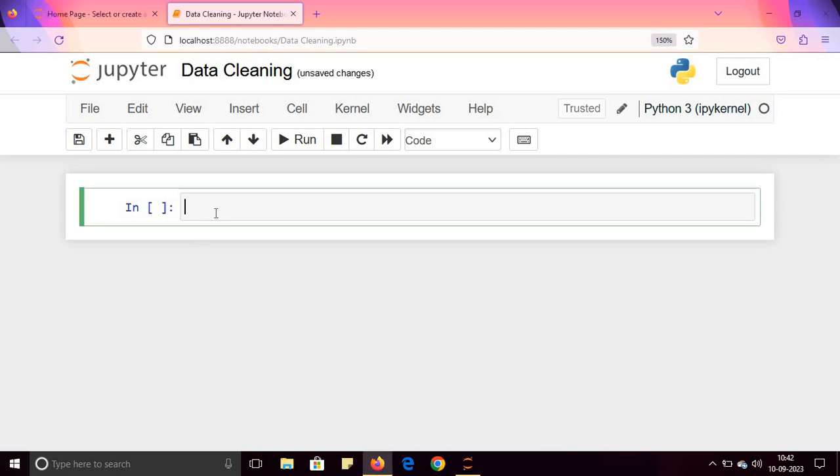Hello everyone, in this tutorial I will discuss data cleaning in Python. I will discuss how you can deal with the null values in the pandas series and data frame, and how you can clean the data. So let's start. First of all I will import pandas